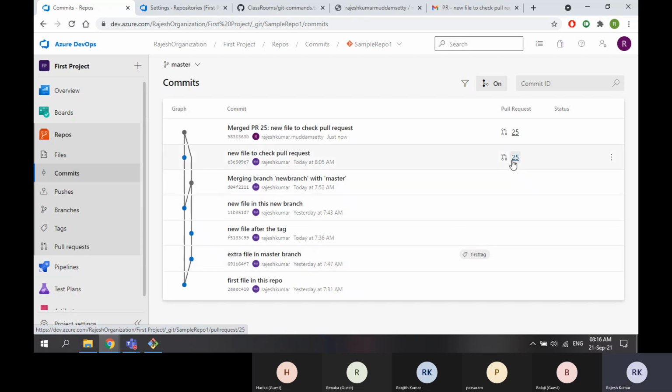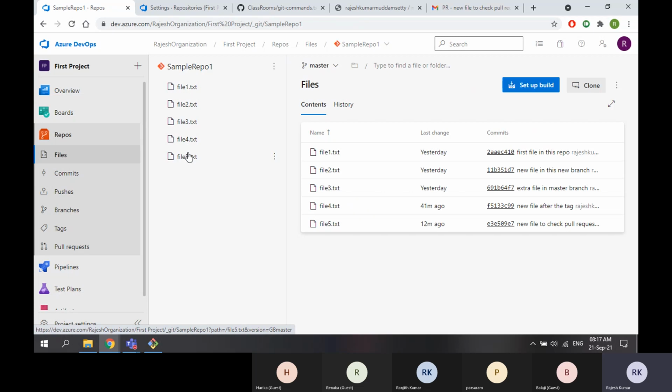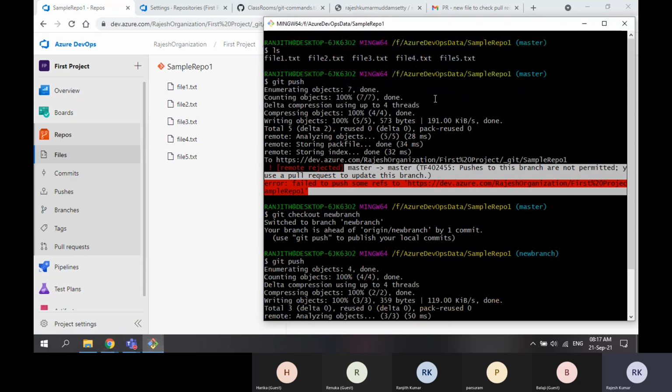And then coming to pull requests. So pull request means if I wanted to merge some changes to the master. So when the master is enabled with branch policies, that is not possible. So when it is enabled with branch policies, it should go through pull request only. That's why we raised a pull request and we got the required approvals and then we are able to merge those changes. Now in files, we see all 1, 2, 3, 4, 5. Now it matches with local. So local also it has file 5, remote also it has file 5.